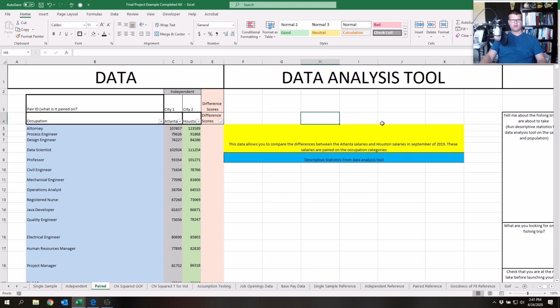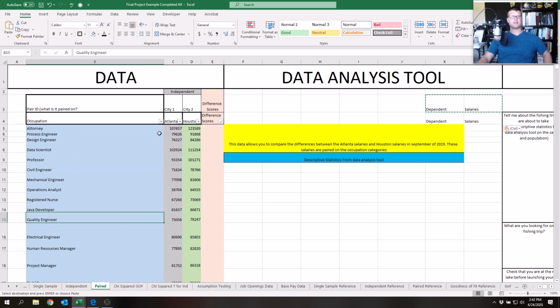The dependent variable is going to be salaries, and the independent variable is going to be Atlanta and Houston. So salaries are dependent on the city that they're in, and they happen to be paired on each one of